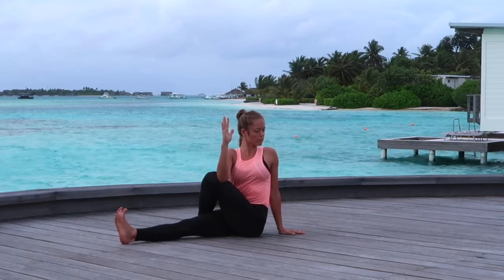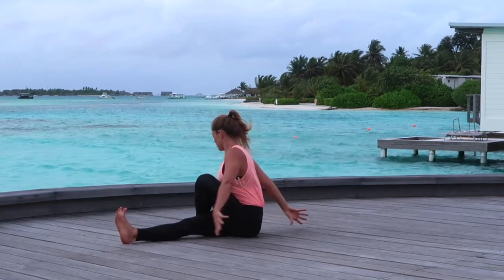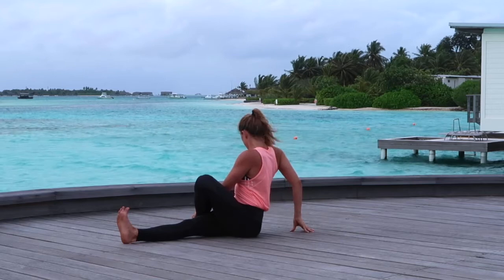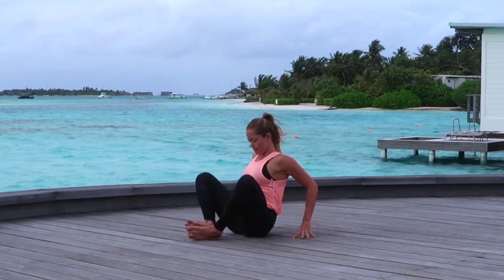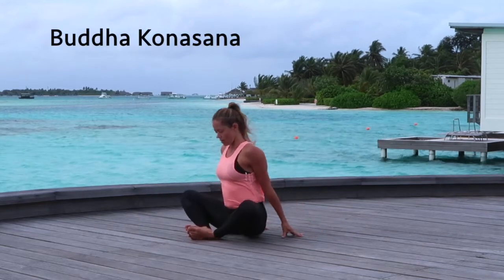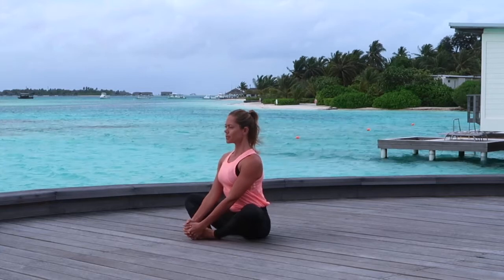On your in-breath, coming back through center, exhaling, just taking a little counter twist to rebalance out the spine. Find your way back to center, soles of the feet together now. Coming into Baddha Konasana, grabbing the outsides of the feet, keeping the spine super tall here, shoulders away from the